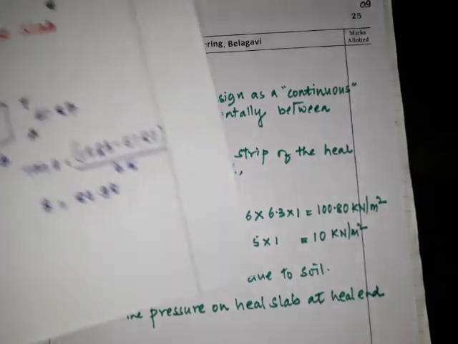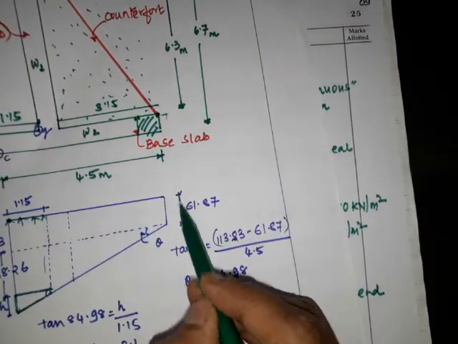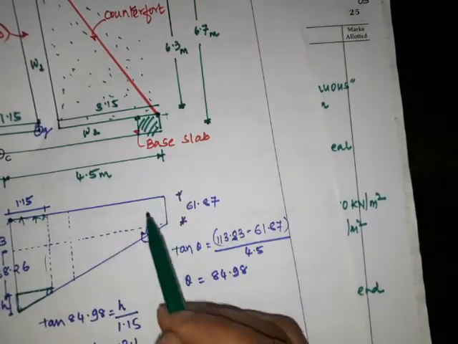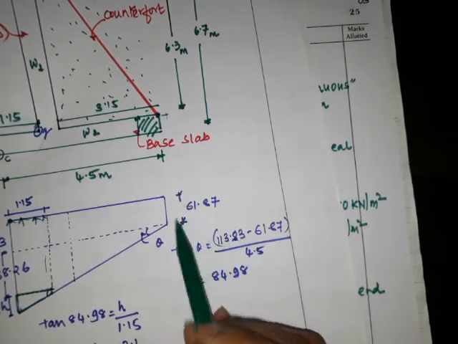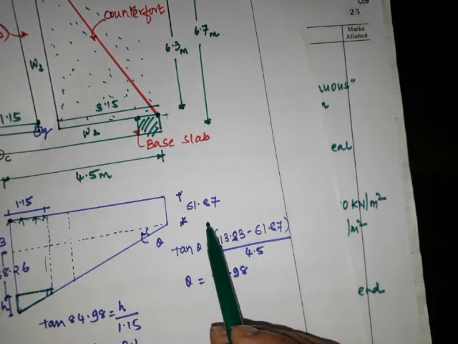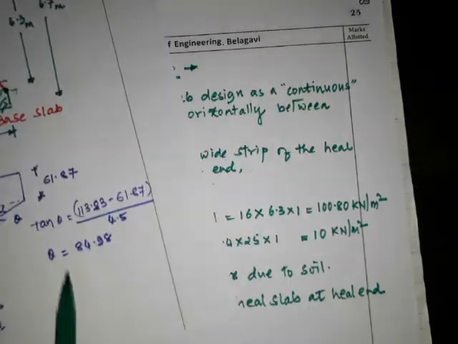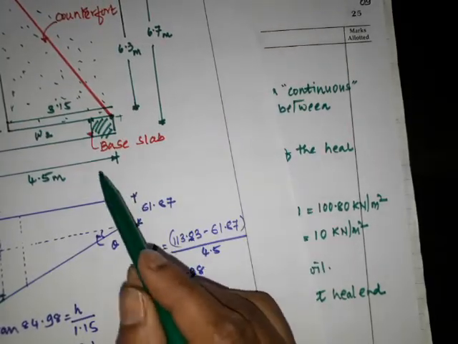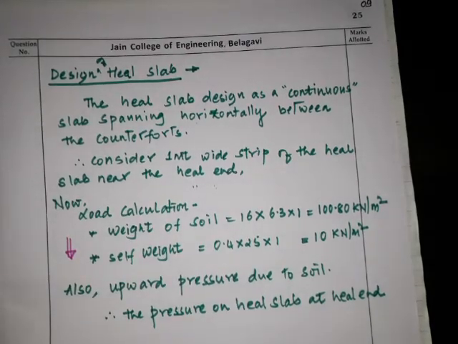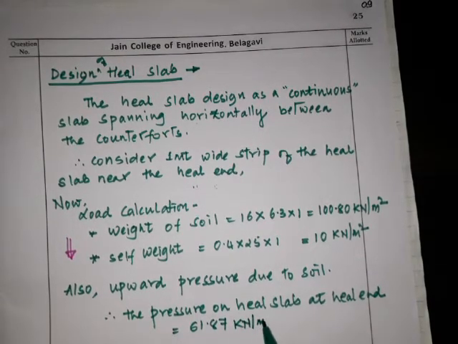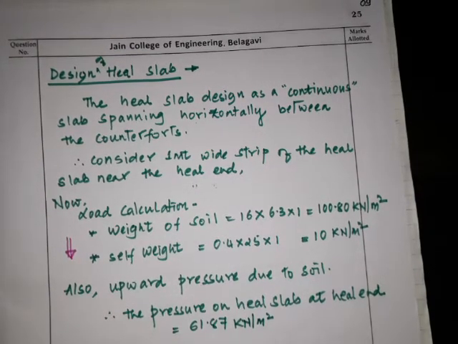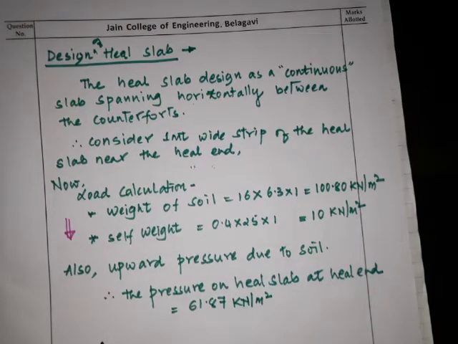now we have got the pressure at heel end here, so this is 61.87. So we are considering 1 meter, so 61.87 is the pressure acting at the heel end. So this pressure you have to consider, which is acting upward, okay. So that is, I'll write here, it is 61.87 kilonewton per meter square, okay. So therefore,